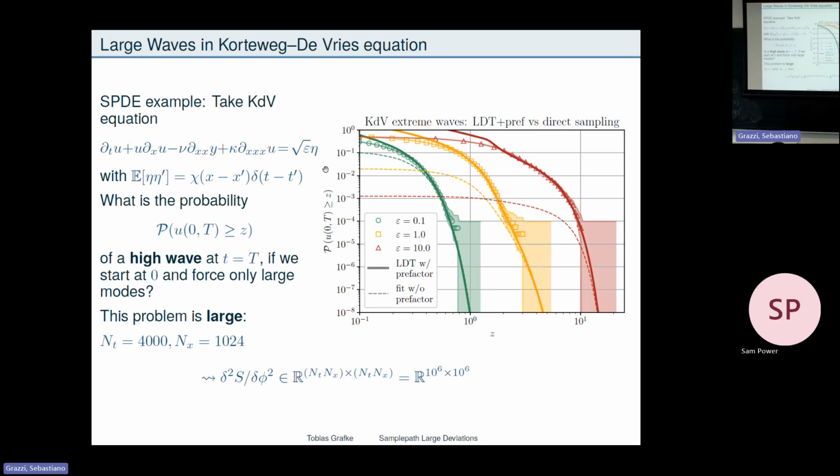solve an optimization problem instead of solving a sampling problem, and it's valid to ask whether this is more efficient or not, right? But this question is unanswerable because I can of course go to probabilities so low that sampling will be bad anyway, and I can go to probabilities so high that sampling is trivial, so why would I ever solve an optimization problem? So what I'm saying here is that I can get out actual numbers by looking at not only the scaling of the probability around the minimizer, but by looking at the functional determinant of the second variation around the minimizer as well.